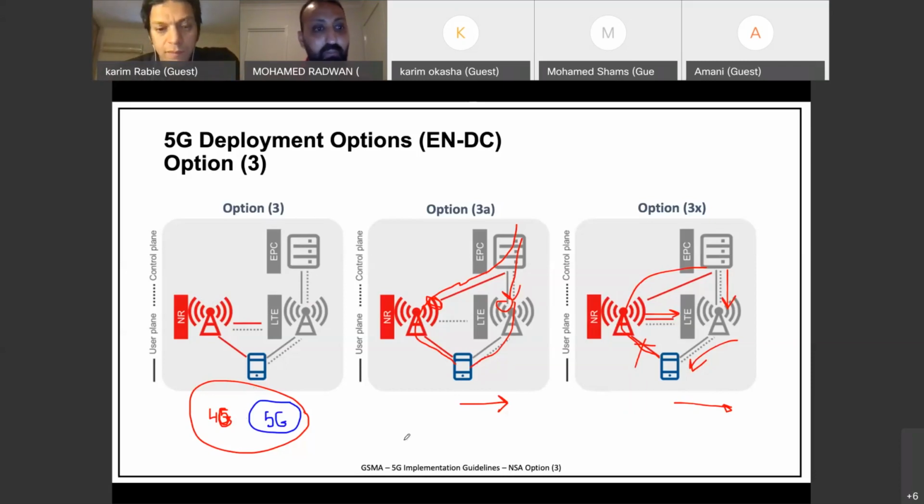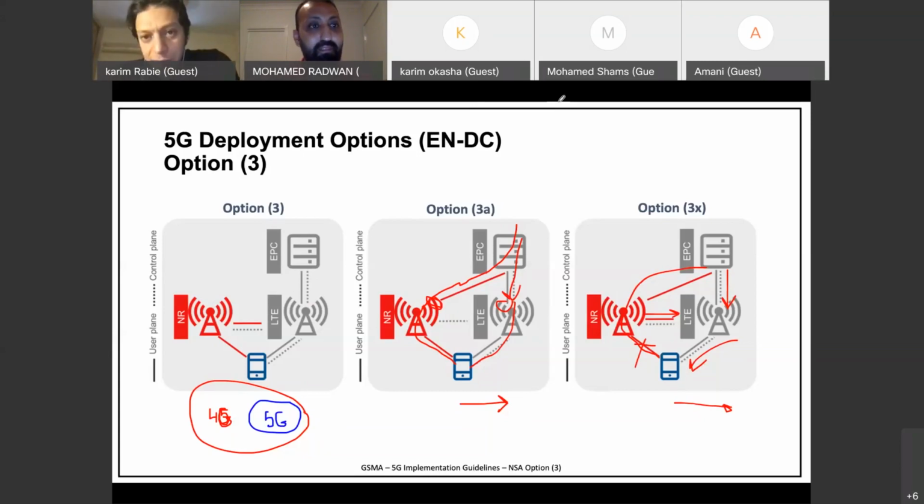Yeah, thank you, Karim. Let me comment here, because coming from transport, when I see option 3, LTE is like a bottleneck, working like a relay. So you are limiting all the new radio capabilities with this LTE. But with option 3x, I believe you have multiple paths. Is it part of the standard that, for example, I can load share across multiple bands? If I have traffic, can I send it over both NR and LTE, or am I still limited to all the download traffic following a single data plane?